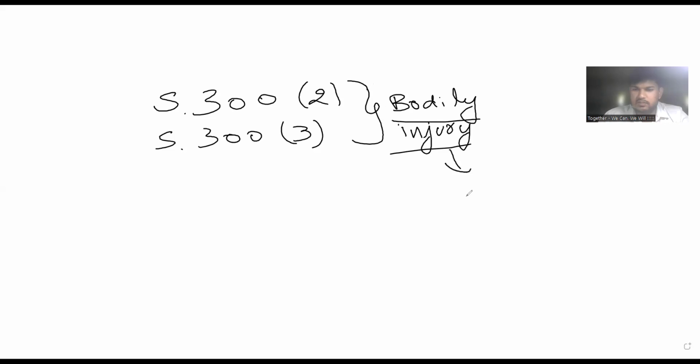Yes, it was section 299(2). So, in order to make someone